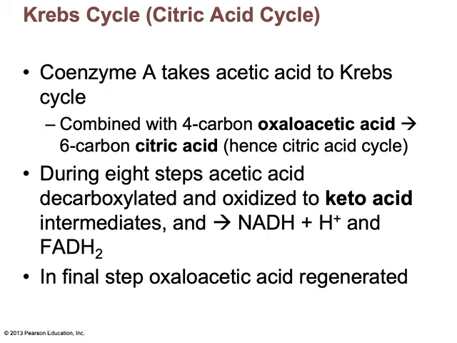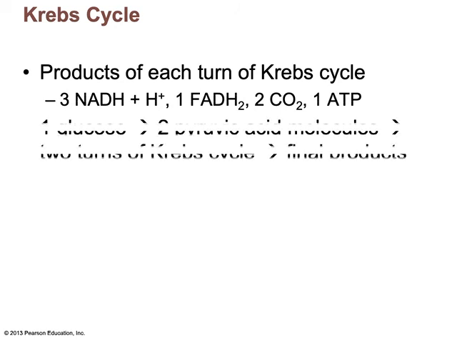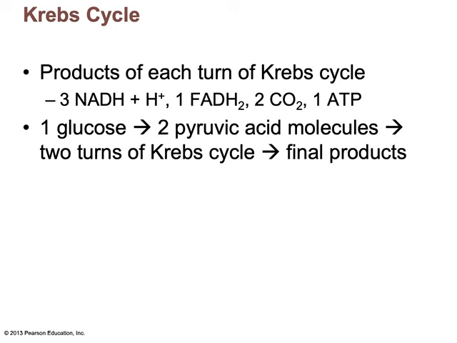During 8 steps, the citric acid is decarboxylated, so meaning we strip out CO2s, and oxidized and generates keto acid intermediates and NADH, some protons, and FADH2. And in the final step, we regenerate oxaloacetic acid, and the cycle starts all over again. Okay? With each turn of the Krebs cycle, we produce 3 NADH, a proton, 1 FADH2, 2 CO2s, and 1